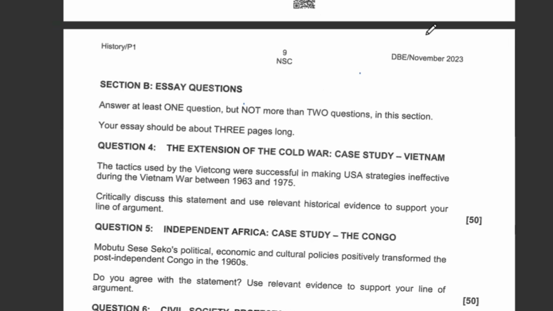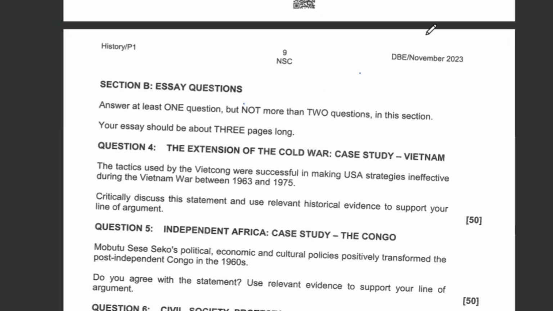The tunnels that they dug were also narrow to fit the body sizes of the Viet Cong and not to accommodate the American soldiers' bodies. Tunnels as long as 250 kilometers were dug during the Vietnam War. The tunnels provided a safe hiding place, hence the USA could not easily attack them, and therefore their fighting strategies were ineffective. I think that is a typical complete paragraph which is explaining the usage of underground tunnels by the Viet Cong.